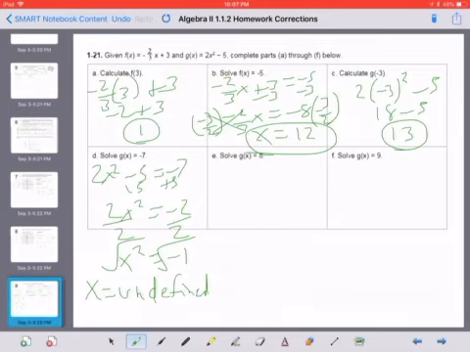Okay, and in E I'm solving when g of x equals 8. So I get 2x squared